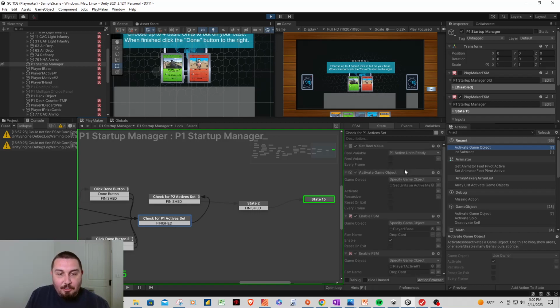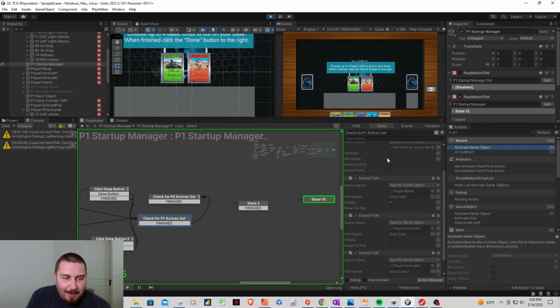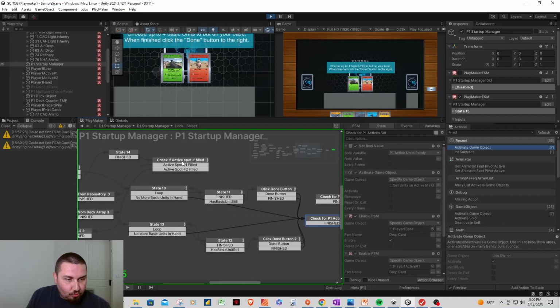This state is a little interesting. It's going to do a few things. It's going to set a bool value for player 1 active units ready. See, actually, it's going to say false. That's interesting. I thought I was supposed to make that true. I'm about to go back and rethink that. I think this is actually supposed to be true, because if I go back,